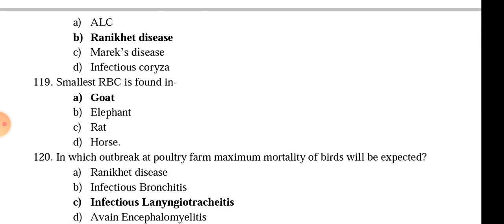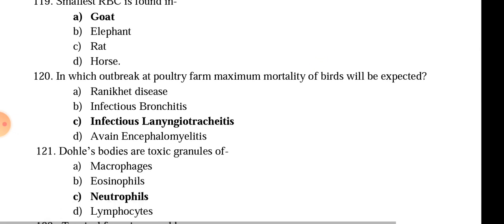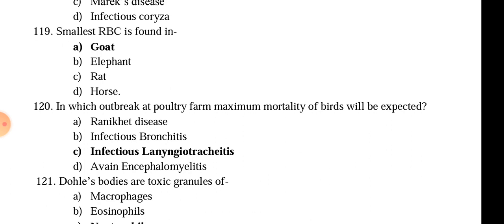The smallest red blood cell is found in goat, and nucleated red blood cells are found in chicken. Elliptical red blood cells are observed in camel. Nucleated red blood cells are in birds, and anucleated red blood cells are in mammals. If there is any remnant nuclei within the red blood cell of mammals, then it is called a Howell-Jolly body.